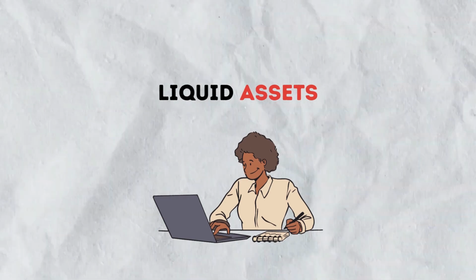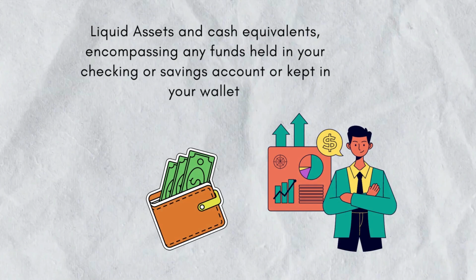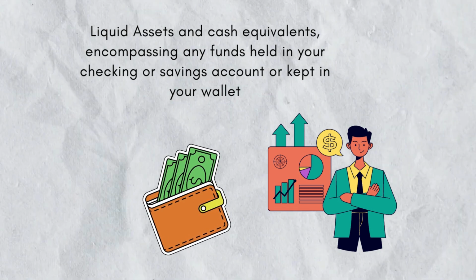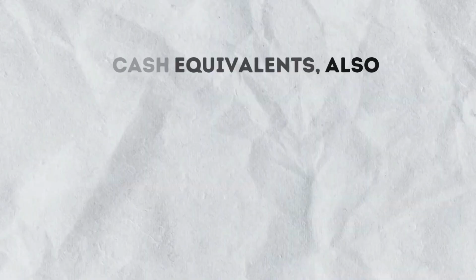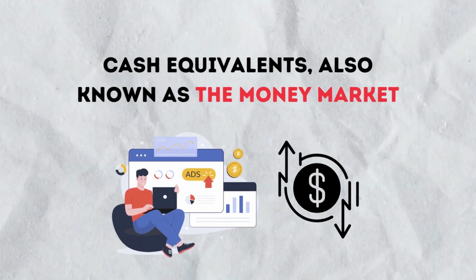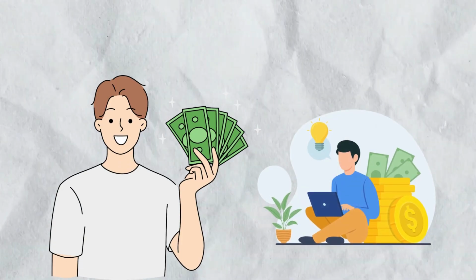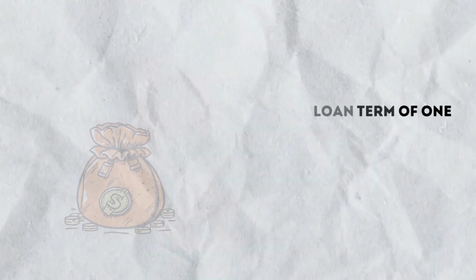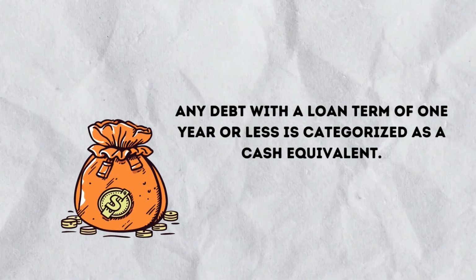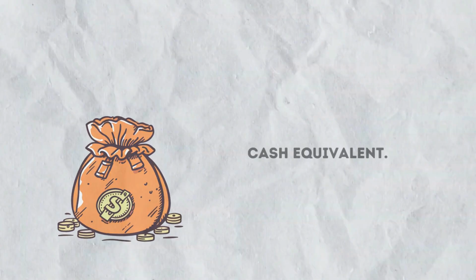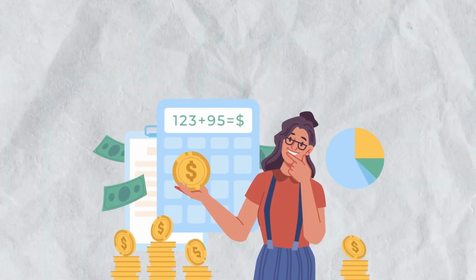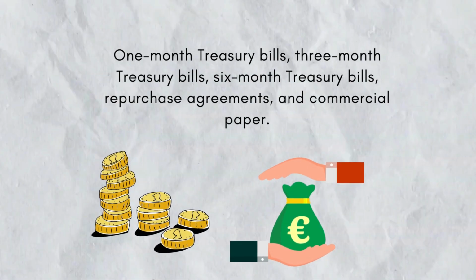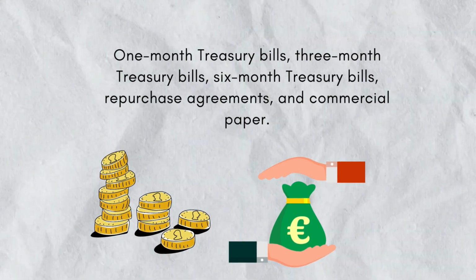Liquid assets. The third asset class comprises liquid assets and cash equivalents, encompassing any funds held in your checking or savings account or kept in your wallet. Cash equivalents, also known as the money market, consist of securities that earn a modest amount of interest and can be readily converted into cash. Any debt with a loan term of 1 year or less is categorized as a cash equivalent. Examples include certificates of deposit or CDs, 1-month treasury bills, 3-month treasury bills, 6-month treasury bills, repurchase agreements,